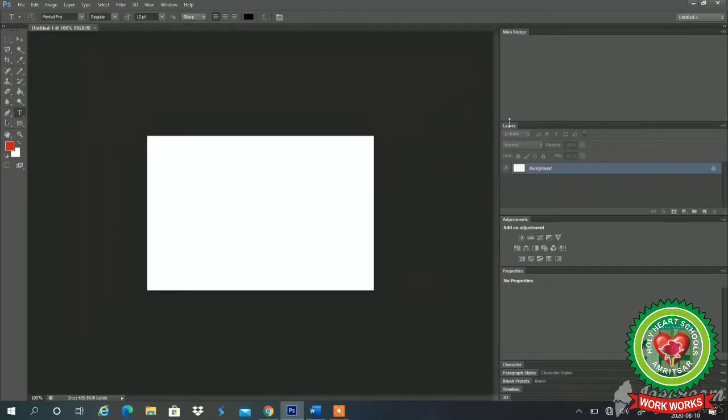See, in this layer palette, one layer is added when I created a new file, and its default name is Background. This layer is added automatically when we create a new file, and it is by default locked. See this lock symbol.